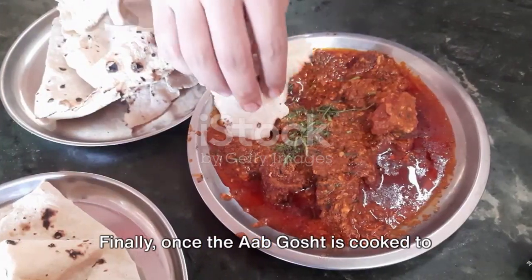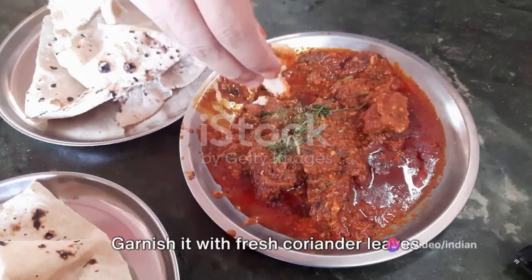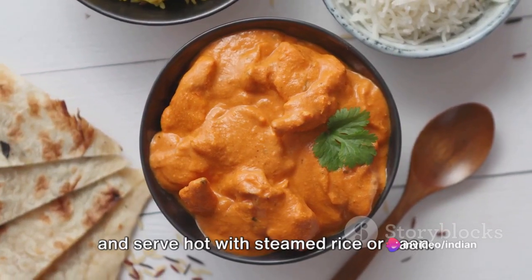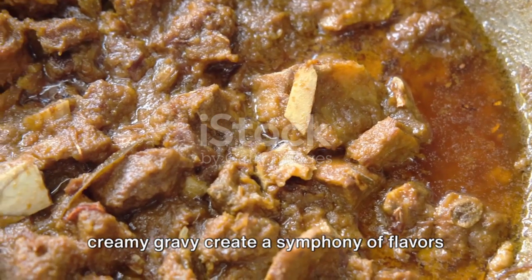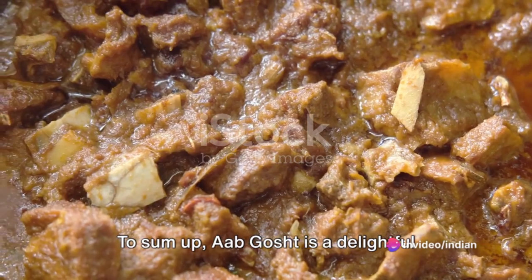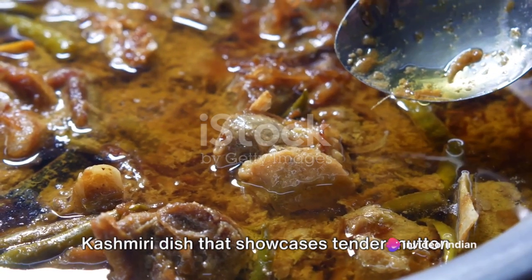Finally, once the Aab Gosht is cooked to perfection, check for seasoning and adjust if needed. Garnish it with fresh coriander leaves and serve hot with steamed rice or naan. The tender mutton, aromatic spices, and creamy gravy create a symphony of flavors that will transport you straight to the heart of Kashmir. To sum up, Aab Gosht is a delightful Kashmiri dish that showcases tender mutton cooked in a